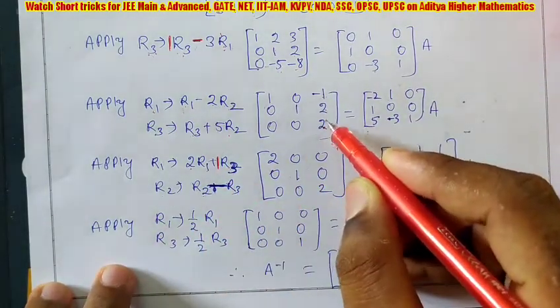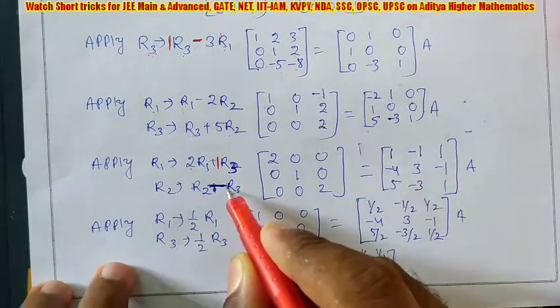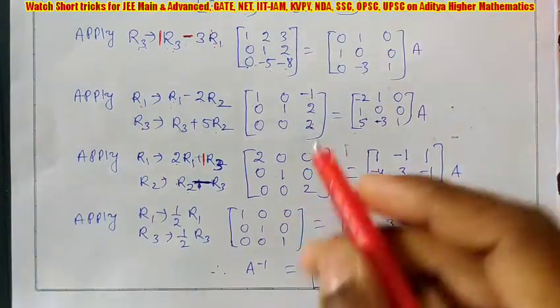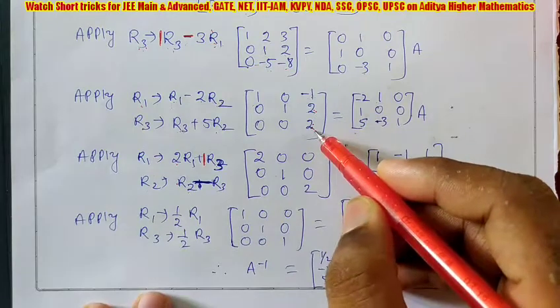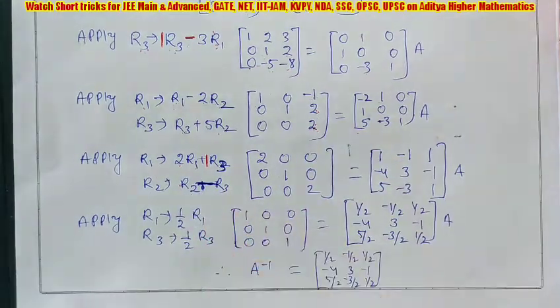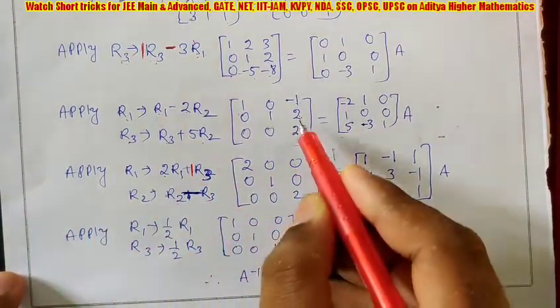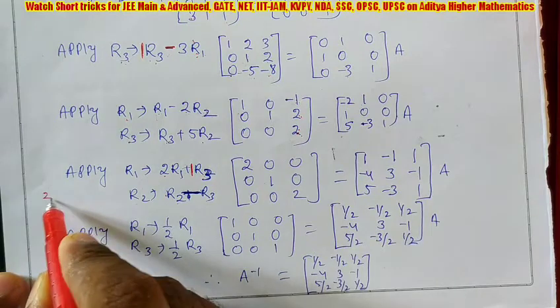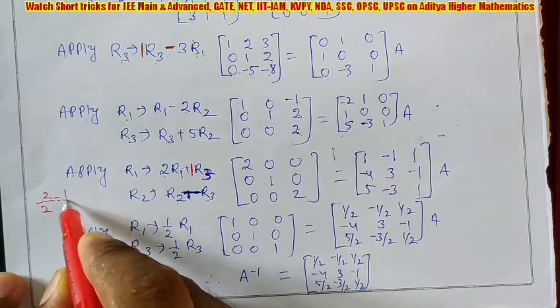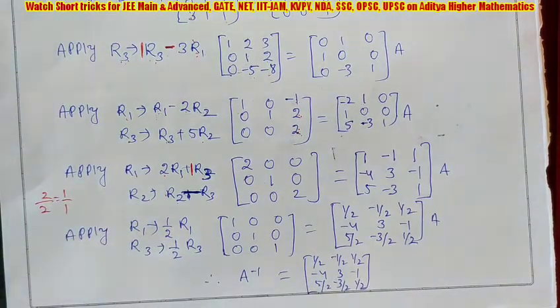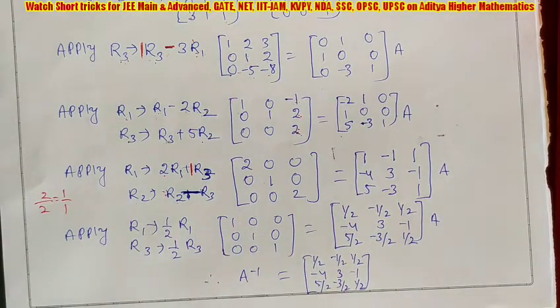R2, 2, 2. But here I am not taking coefficients, because the R2 coefficient is 2 and the R3 coefficient is 2. I have to take them like that, but I am not taking coefficients. Because I told in my previous video also, when these numbers divide each other, you find the ratio. And what ratio are you getting? 1 by 1. That means you have to use 1, 1. Because when they divide each other, if you take the ratio, then it is easy to calculate.